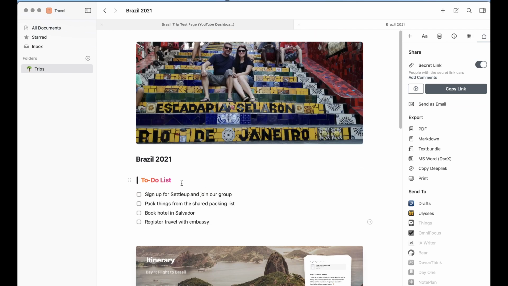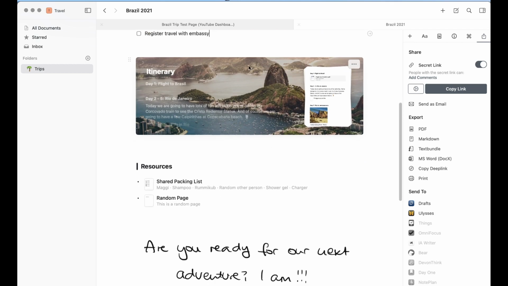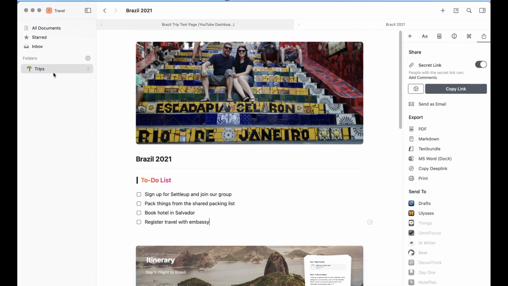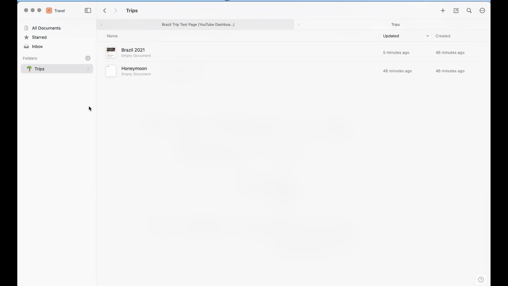So now let's talk a little bit more about organization. This is one page and it's very nicely organized with pages inside of pages and so on. But obviously you will have several more documents, like we already have 2. So what I would like to do is what I call index documents, and I usually create a new folder for them.